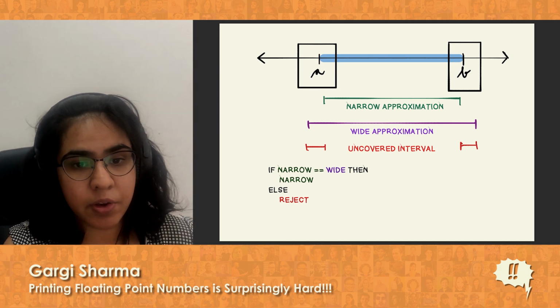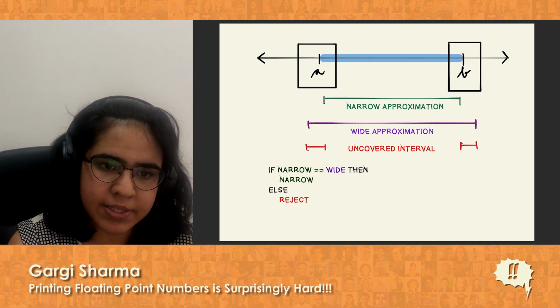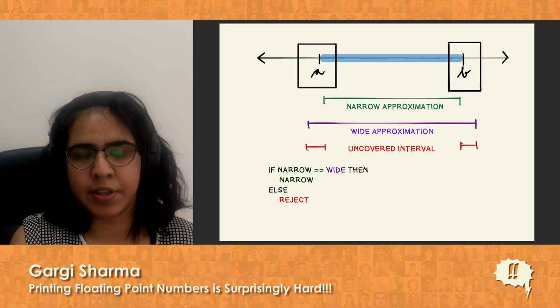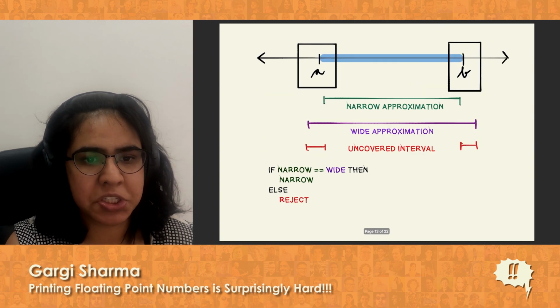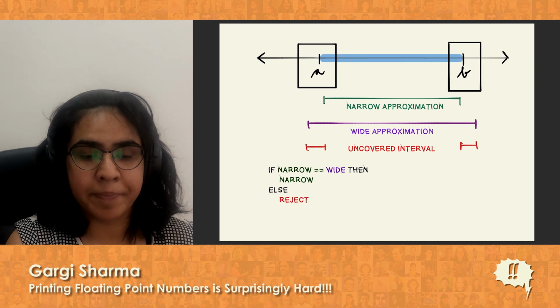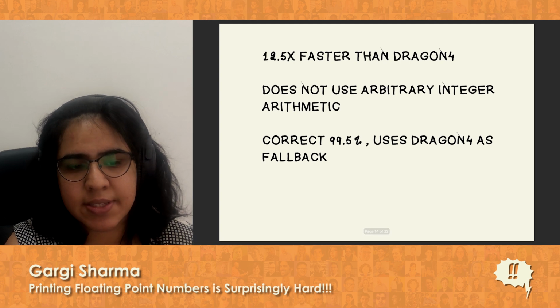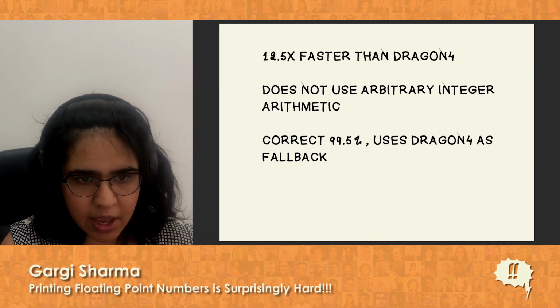And in between this range, we do a narrow approximation. If you imagine it's a brush sweeping through this number line, we have a relatively bigger brush, to do bigger and faster approximations,